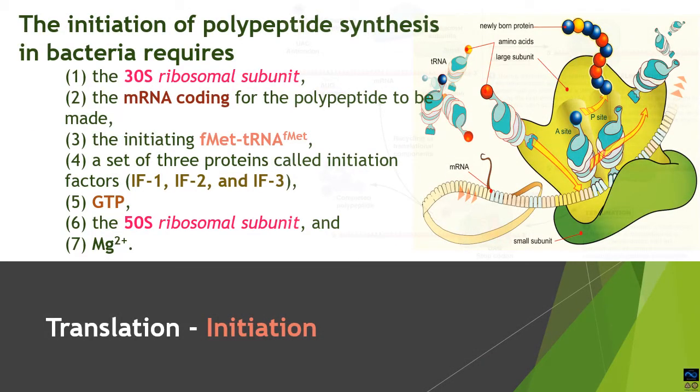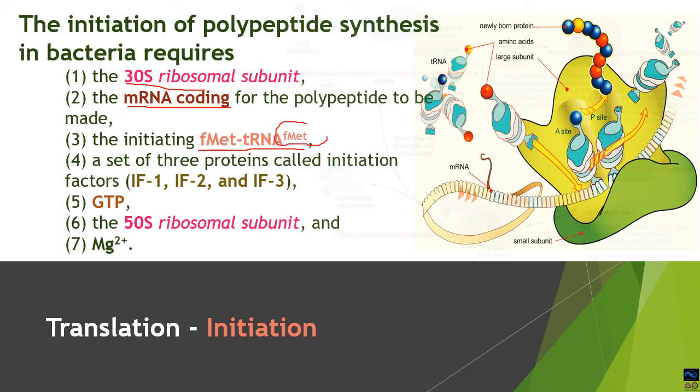So when an initiation has to take place, it requires certain things which are necessary for the initiator complex to form at this initiator codon. The process of initiation for polypeptide synthesis in bacteria will require these things: the 30S ribosomal subunit first, then mRNA which is to be decoded, then the initiator type of tRNA, which is fMet-tRNA,